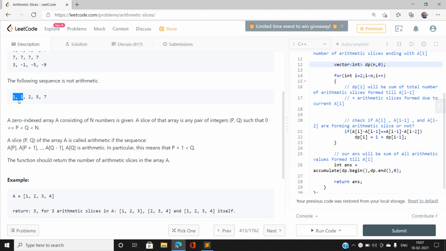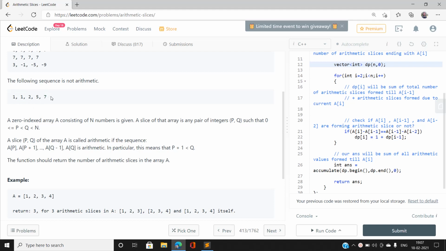In the case of 1 1 you will get 0, and in the case of 1 2 you will get the value 1. The consecutive element difference is not the same, so this sequence is not going to be arithmetic.